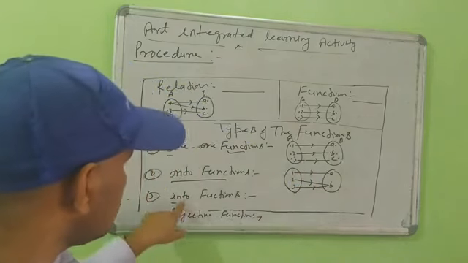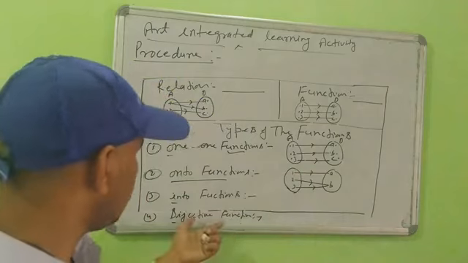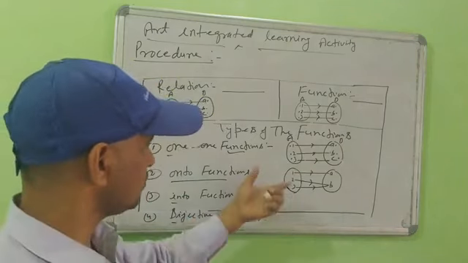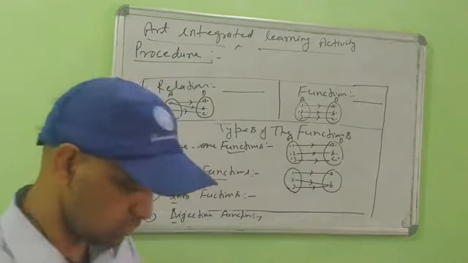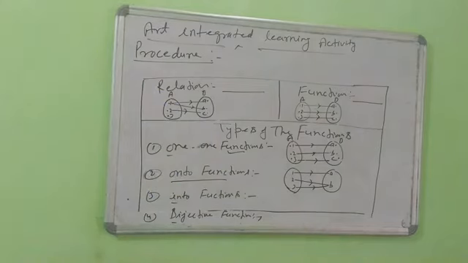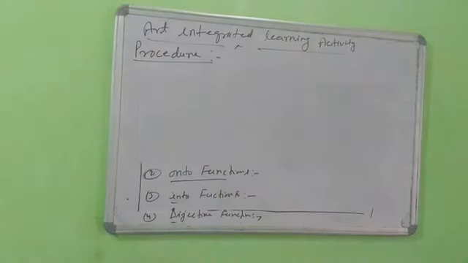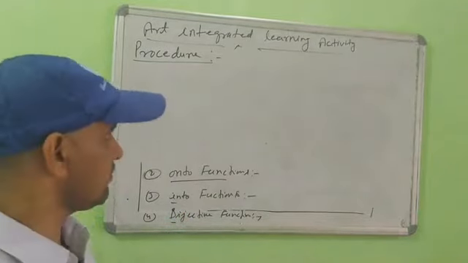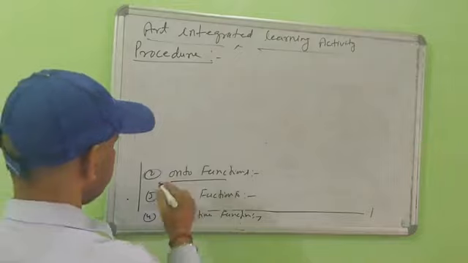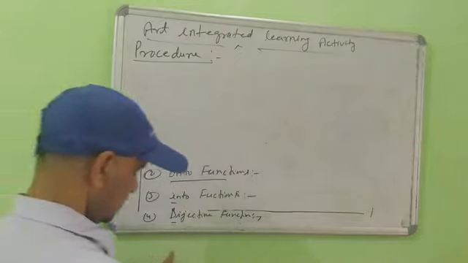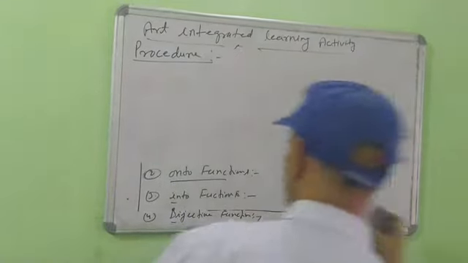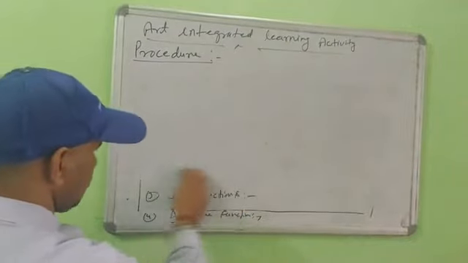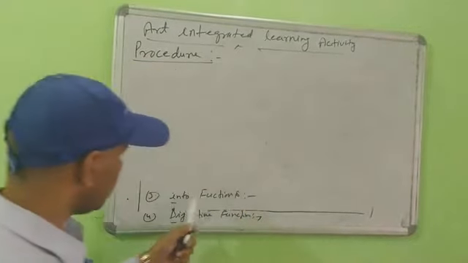The same thing is for into function. The same thing you will explain as the bijective function. First you note it down, then discuss the other two. Yes, we will discuss here into function, bijective function, and many-one function also. This function is clear here, onto function is clear here. Then we discuss the into function.